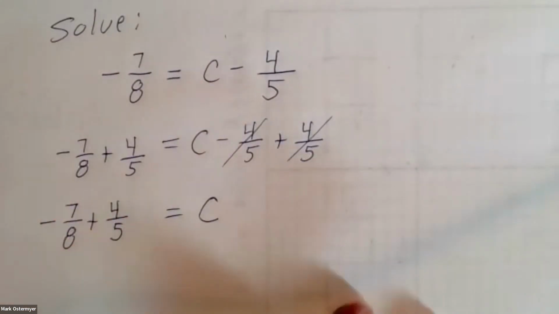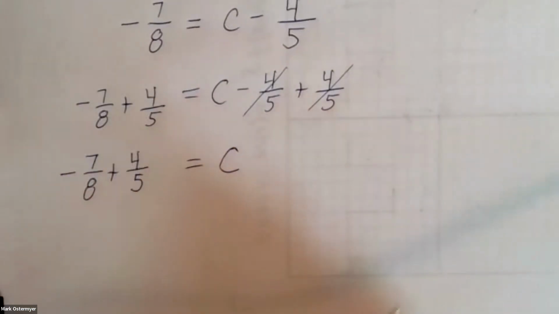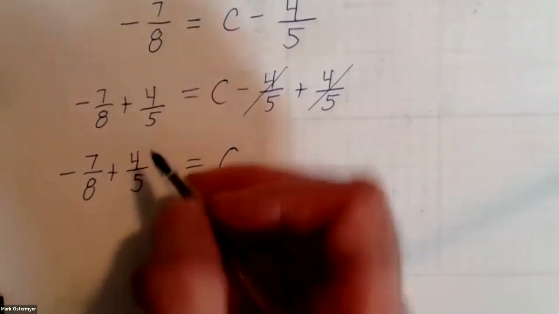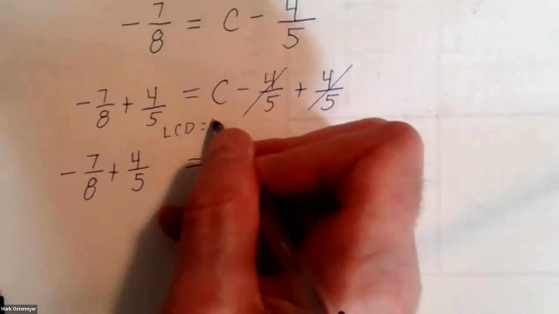Can anybody dial this up? What is -7/8 plus 4/5? Because that's going to be your solution. If you want to do this a long way, you can find the least common denominator is 40 and then